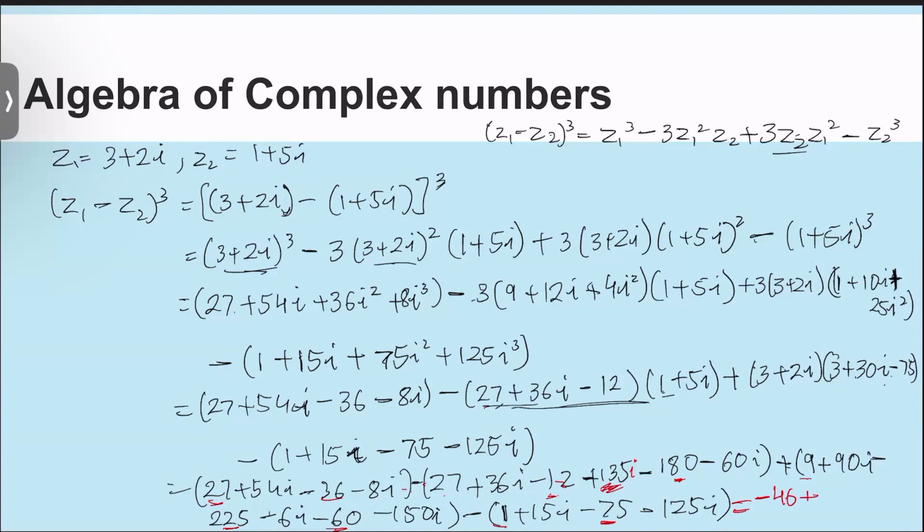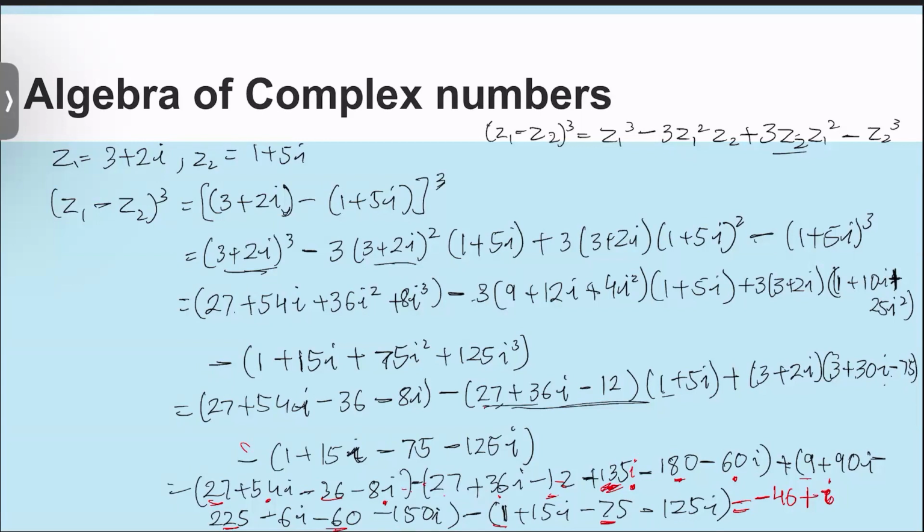Now let's see what the imaginary part would be. Let's take all the imaginary terms. So you have 54i. We are keeping i outside, so i has already been taken outside. Only the coefficients we will solve. So you have 54 minus 8, then minus 36, then plus 135, and then you have,